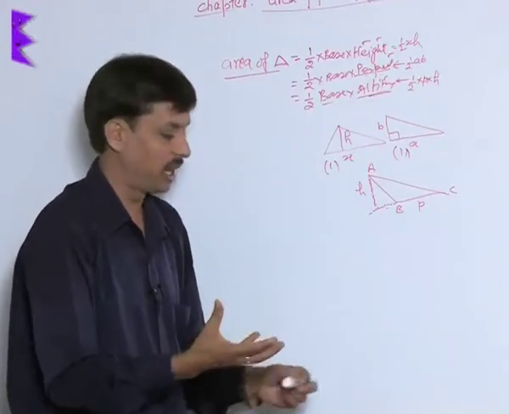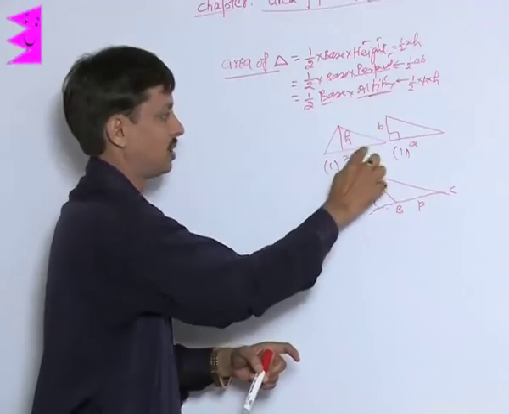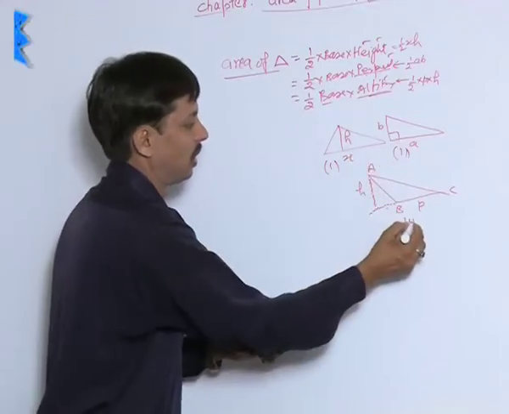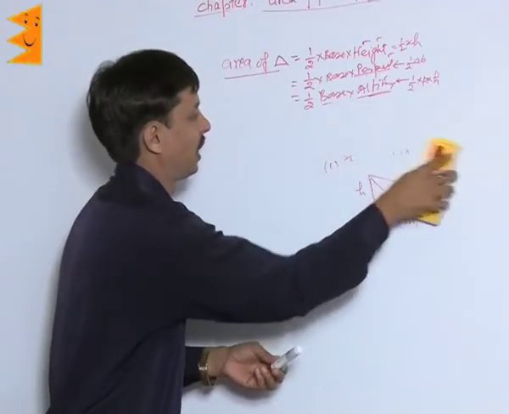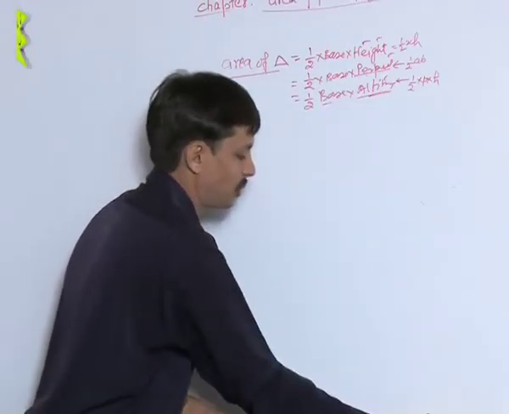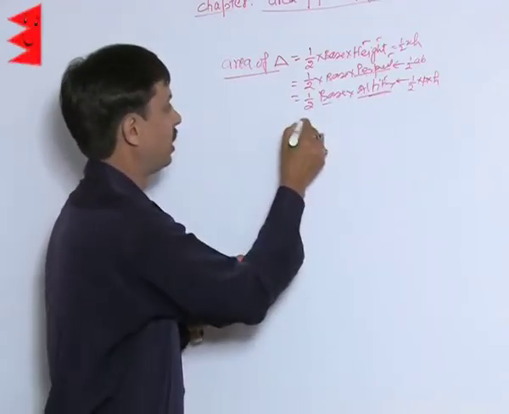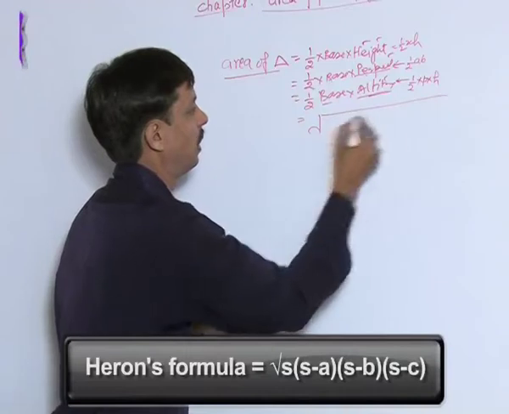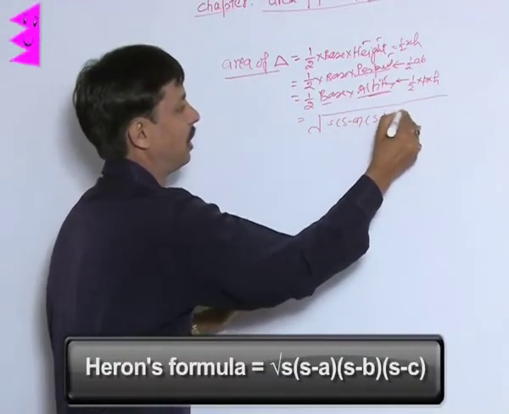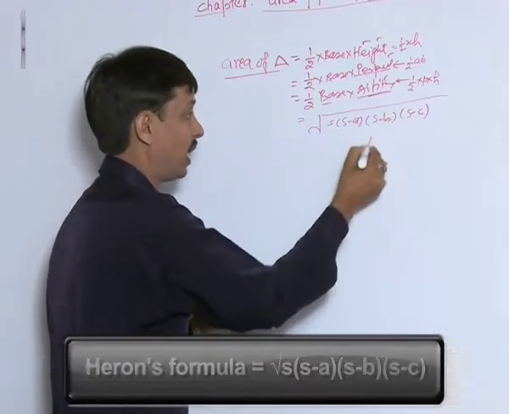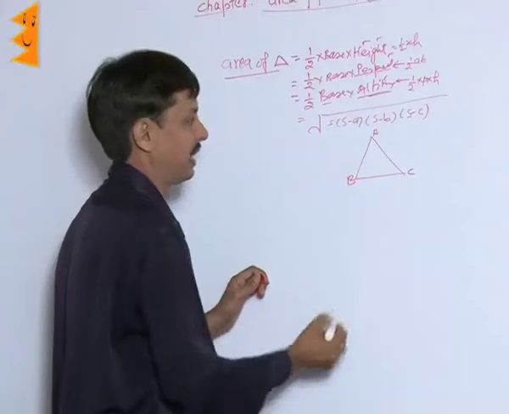In case the triangle is none of these, that is, neither this shape, nor this, nor the third one, then we have to recall our important formula of area of triangle, known as Heron's formula. That is the fourth formula for finding the area of a triangle. What is Heron's formula? It is root of S into (S minus a), (S minus b) and (S minus c), where I would like to explain specifically what these a, b, c and S are.